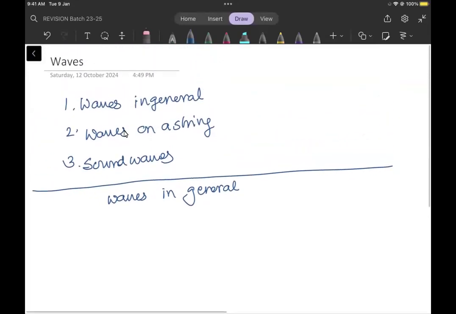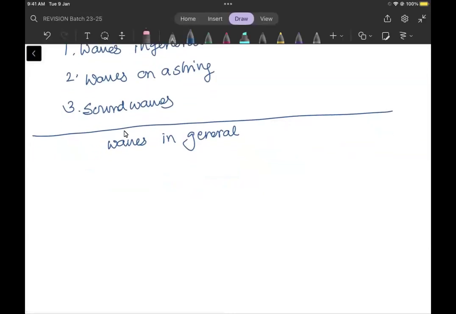हूँ। तो मैं वेव्स को जल्दी से जल्दी कवर करता हूँ। तीन चीजें हैं जो हमको याद रखनी है। एक तो जनरल वेव्स को कैसे डील करते हैं, फिर वेव्स ऑन ए स्ट्रिंग कैसे डील करते हैं, साउंड वेव्स कैसे डील करते हैं, और फिर नेक्स्ट वीक में अपन लाइट वेव्स की बात करेंगे। तो वेव्स इन जनरल, जैसे एसएचएम शुरू किया था, हमारे पास एक डिफरेंशियल इक्वेशन होता है। इनफैक्ट इफ यू लुक एट all the topics of physics,